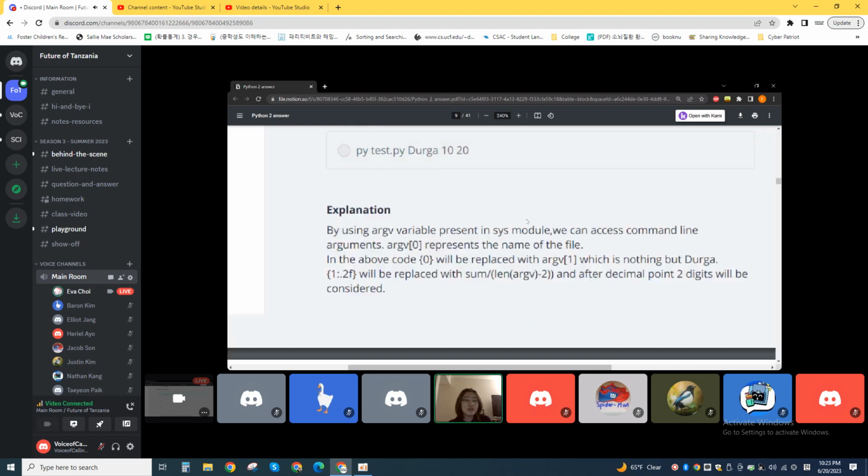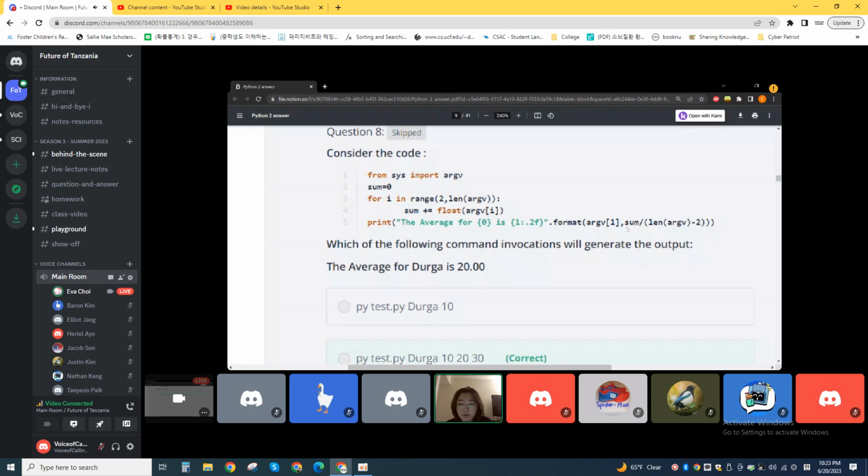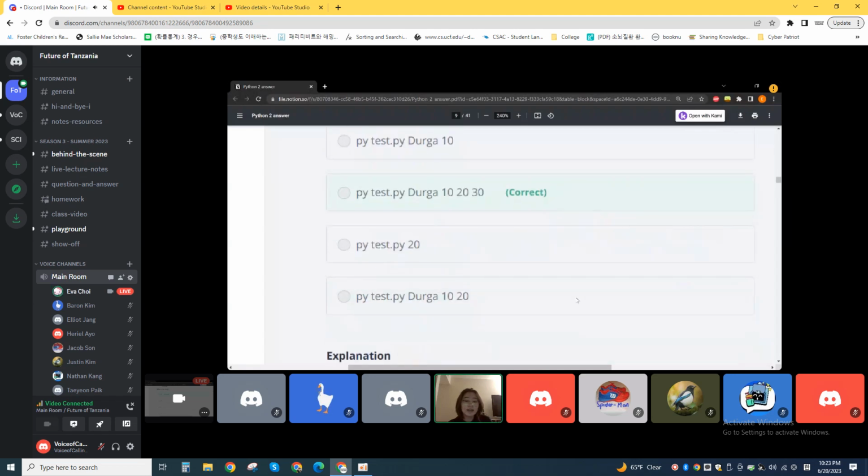So what we're going to do is we're going to do this part right here, the sum divided by the length of the array minus. And so in this case,